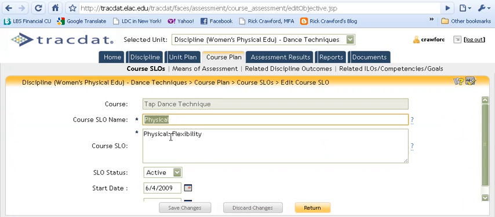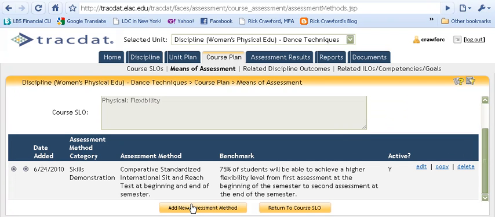So you hit edit, and I changed this right here. It used to say SLO1, or just SLO or whatever. And I had to put this date in. I'll show you that again later. And then I'm ready to go to means of assessment. Usually you have to add a new assessment. So I entered this information already, and so we're done with that one. So I'm going to go back to course SLOs,